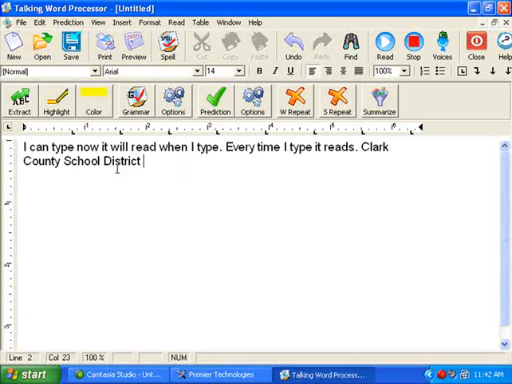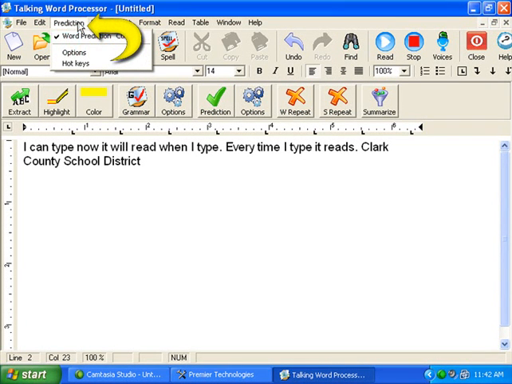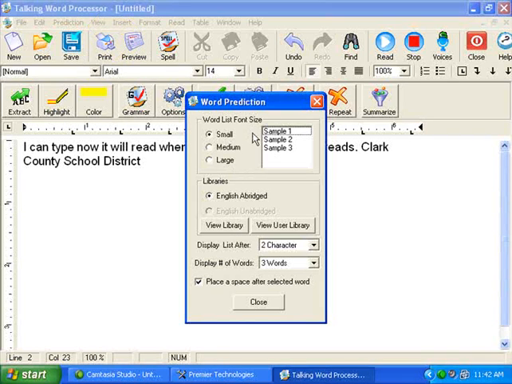Now when I want to have more words for a choice, I can simply go up to the prediction menu, and let's go with options, and I can create a larger font size, English abridged, and I can display after 2 characters up to 5 characters if I want. I'm going to keep it at 2, and I can also go up to 9 words, and that will display in that word box. Okay, I'm going to go ahead and close this,